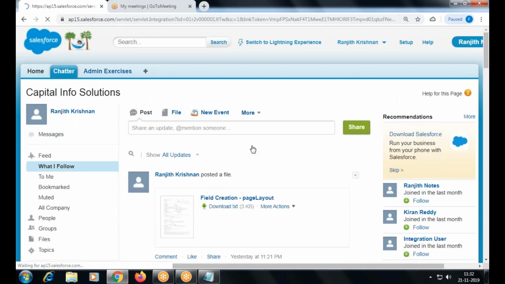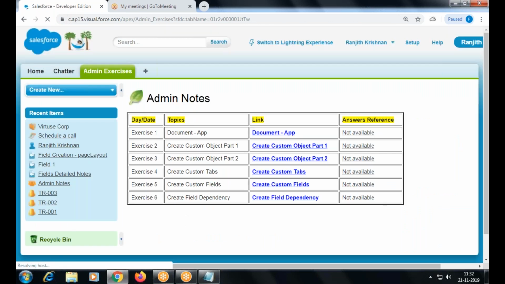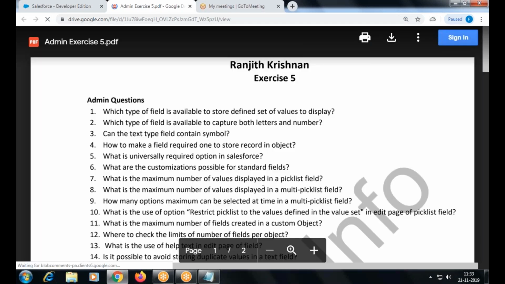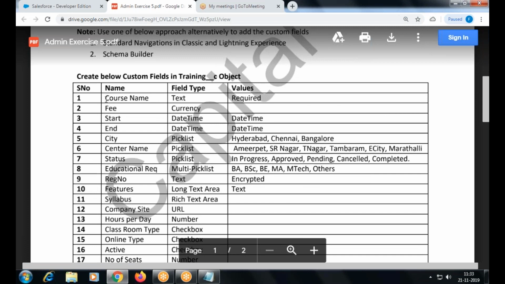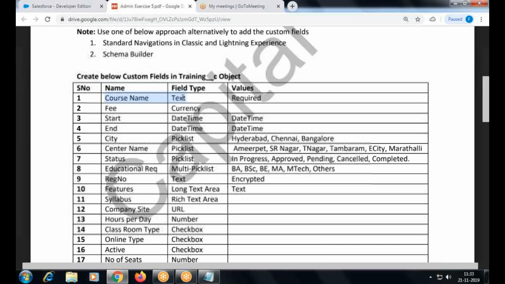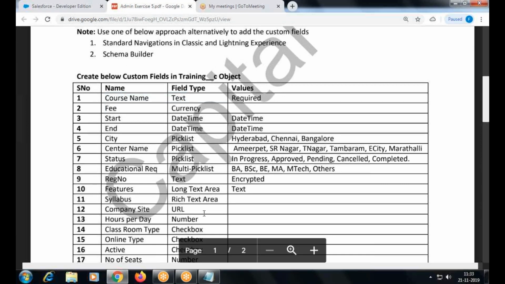And make this a pick list type. Remember, we create a pick list type, right? Rest of the fields you can leave as they are.